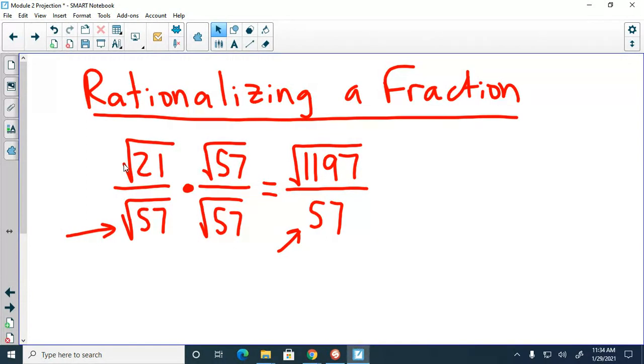Now, what can often happen though when you do this process is it's still not a fully simplified fraction, because many times the square root that we have up here on the top can still be simplified further, and we call it breaking down a square root. So let's review the process of breaking down a square root as well. We take our number that's under the square root,